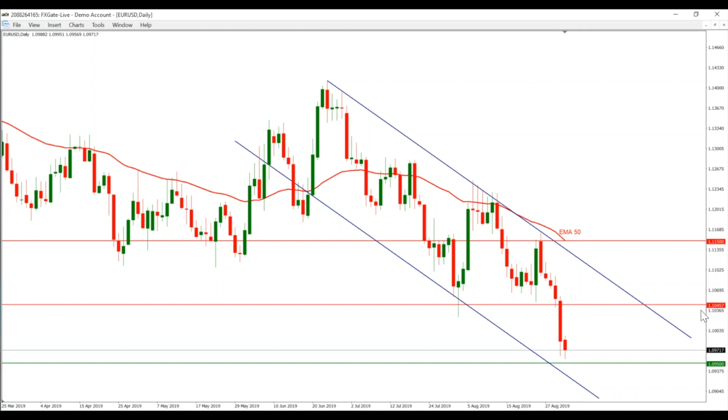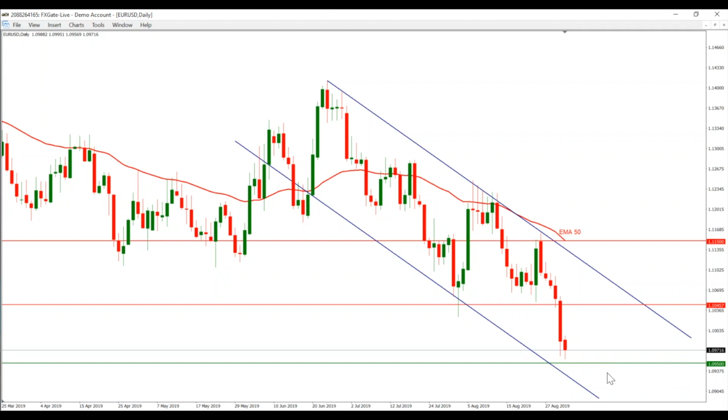The breakout of the 1.1045 level triggered further losses in the euro, as we can see here, causing the pair to fall for a 6th straight session. The price may even fall further towards support located at